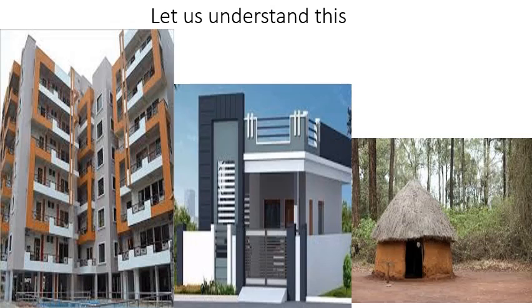So descending order is nothing but we have to write the biggest number to the smallest number. Say 120 people live here, 10 people live here, 5 people live here. Okay, this is descending order.